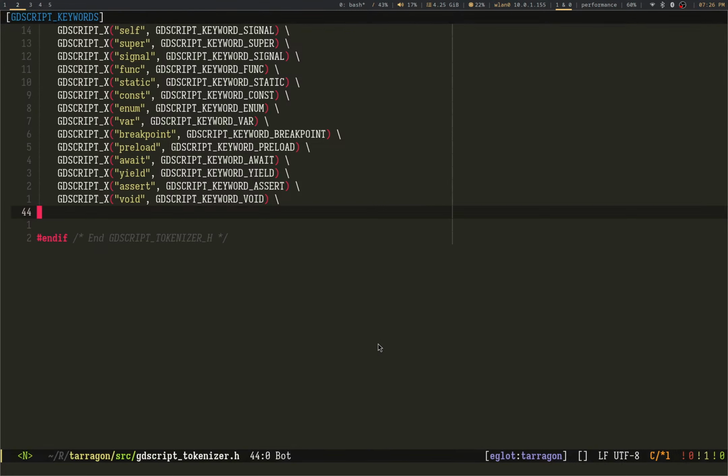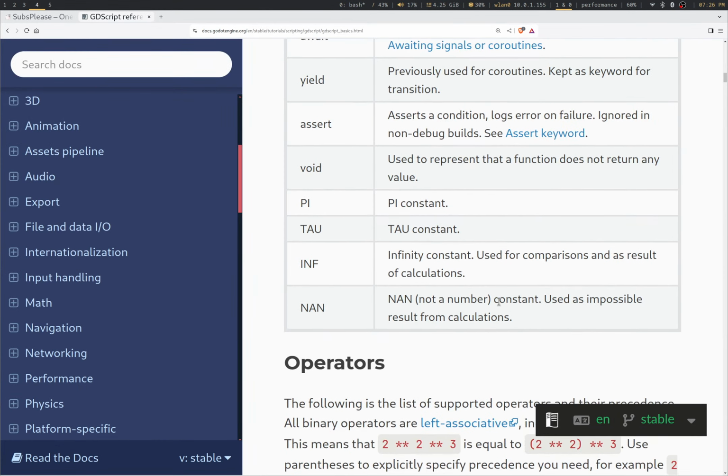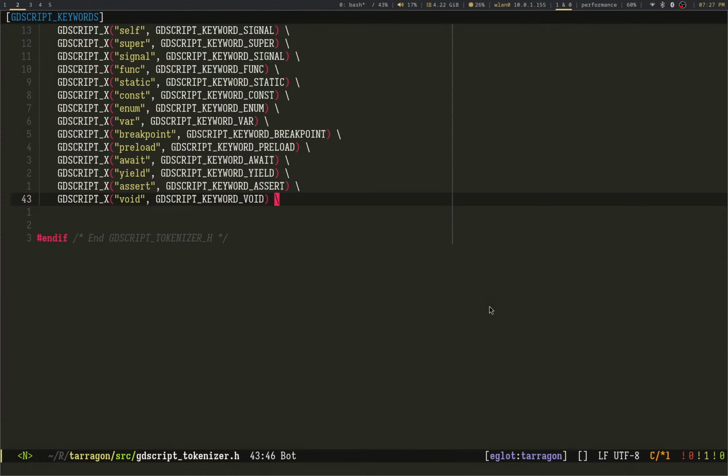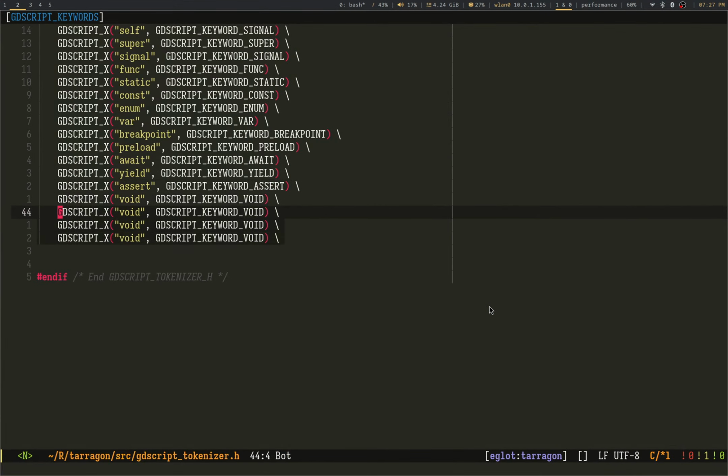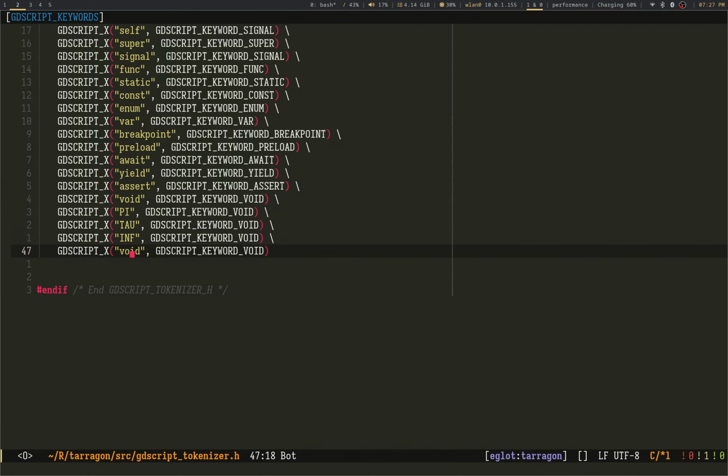KGB spy. Gosh, the Kremlin, they're not cranking out their finest. They really broke the mold with him. PI, TAU, INF, NAN. Perfect. So just three more: PI, TAU, INF, and we all know what these are.